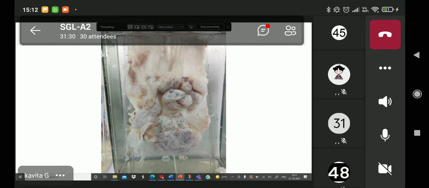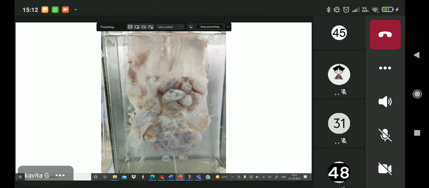Wonderful, excellent. So this is an opened up cyst which actually has many cysts, or you can say multiloculations, right? Multiple cysts and multiloculations. So what does that mean? Although I agree at this resolution, it's difficult to make out. But if you're going to cut open these cysts, you're going to get mucinous material.